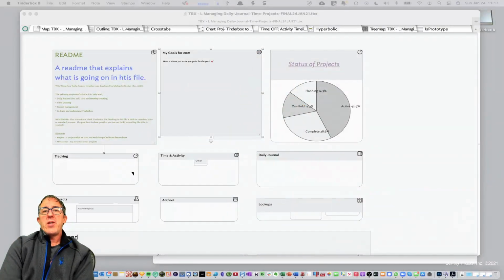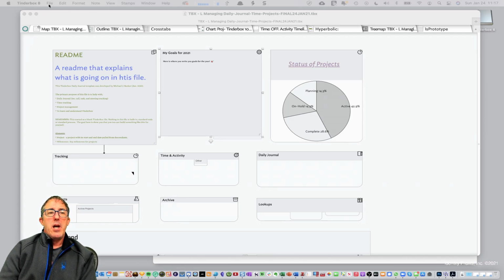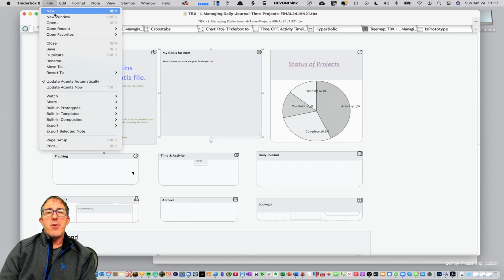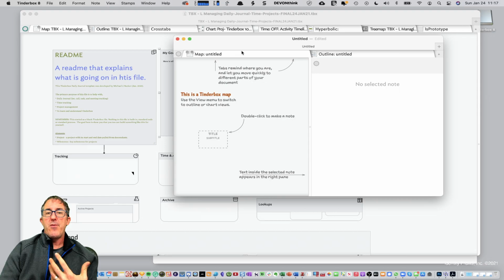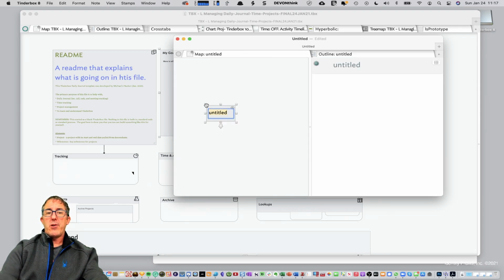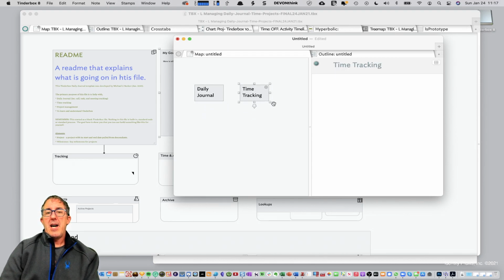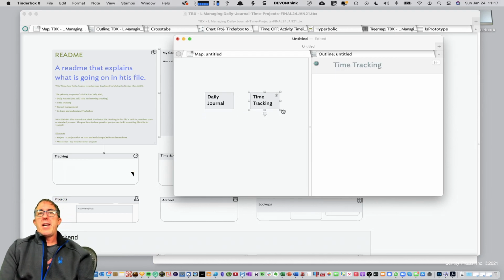What you're seeing here is my daily journal, time, projects tracking management file. And just to be clear, this file started out like any other Tinderbox file. It was a blank, brand new file, and about 3 weeks ago or so, I just started out by saying daily journal, time tracking, right? And I was thinking about, how does one take these concepts of daily journal and time tracking and then leverage